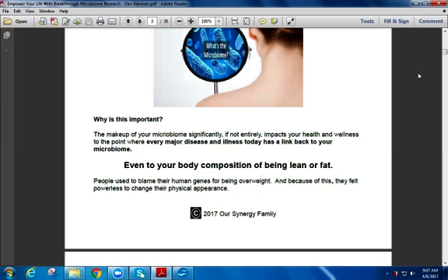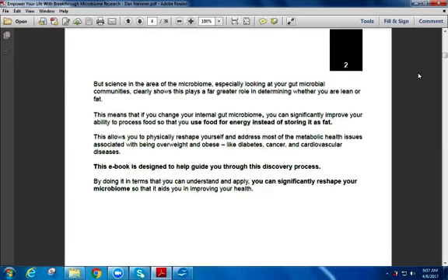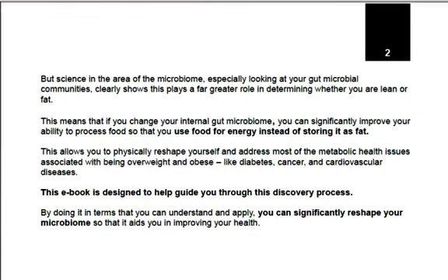And so we set this up right in the first page. And as we go through this whole process, we want to help them understand that this ebook is designed to guide them through this discovery process. And that's the purpose of today's